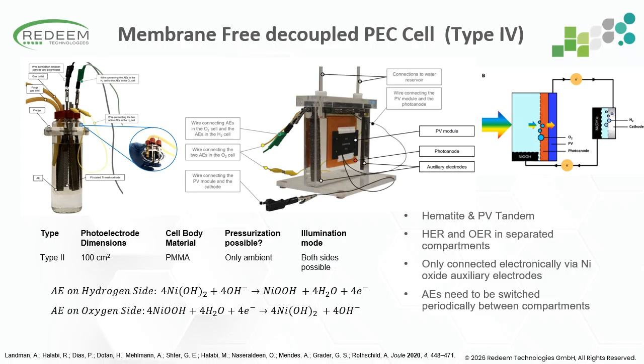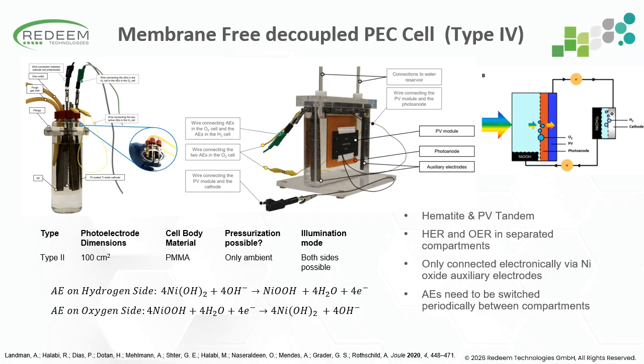So one reactor performs the oxygen evolution reaction while the second produces hydrogen. And consequently, there is no ionic transport between the two compartments and there is no membrane required, but only electrical